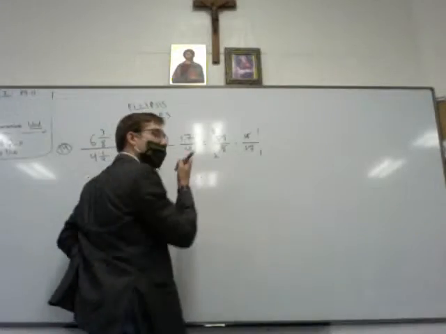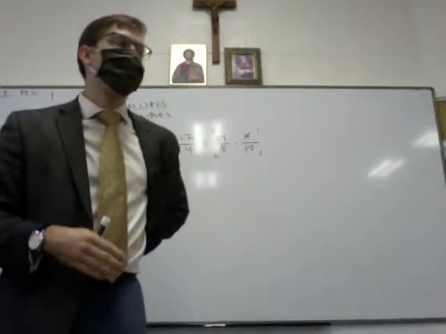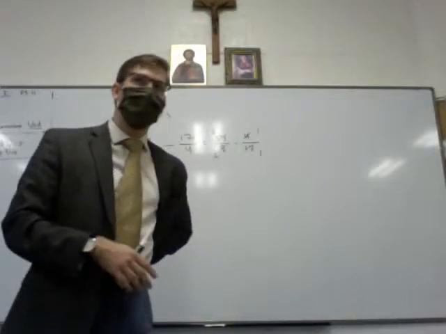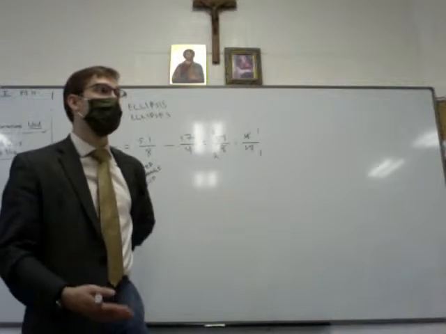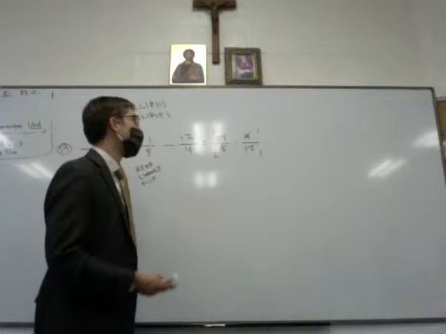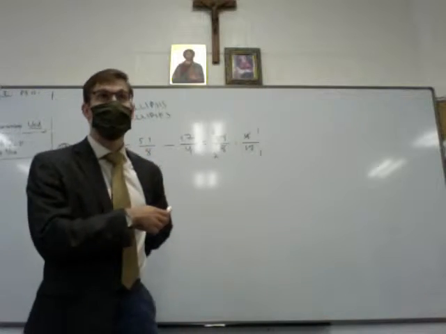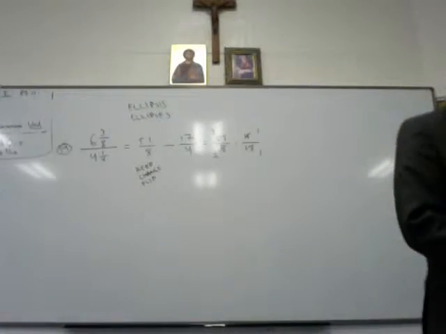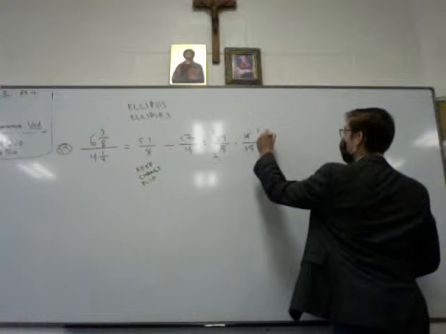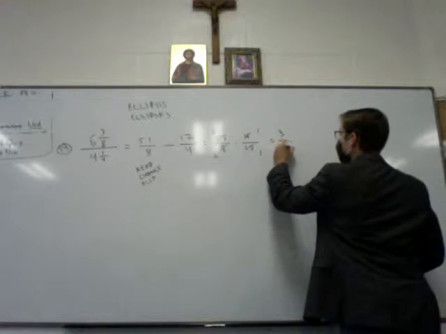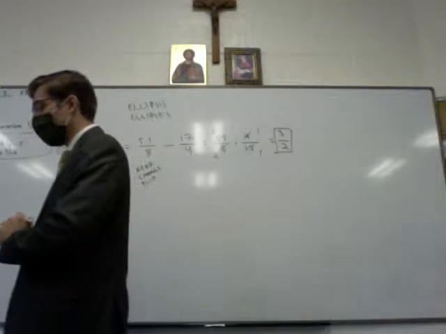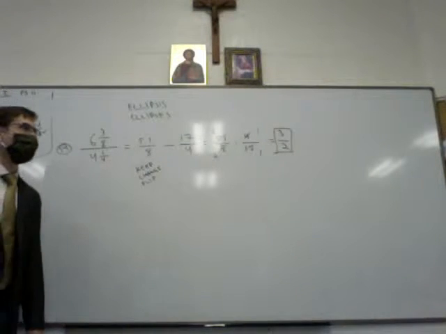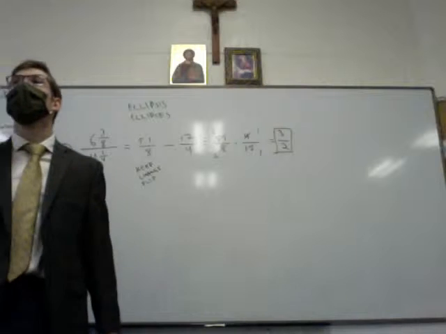Right. If we add the digits together and we can divide that number by 3, then we can divide the whole thing by 3. Since 5 plus 1 is 6, we can divide 6 by 3. We know that 51 can be divided by 3. And when we divide 51 by 3, we get 17. So make sure you're checking things like that. Then we're going to multiply across and we'll get 3 over 2, or 1 1/2. The 51 is equal to 17 times 3.